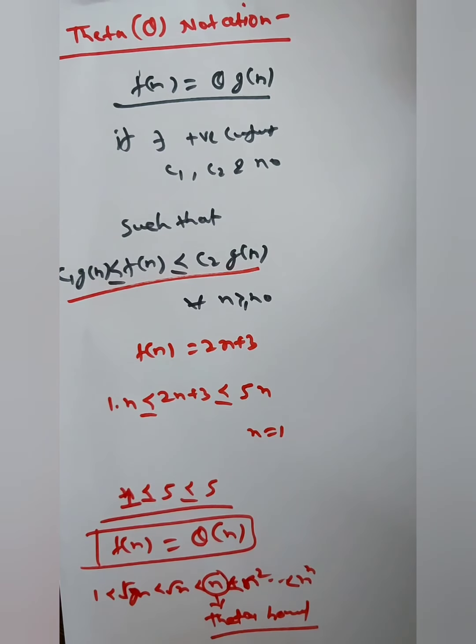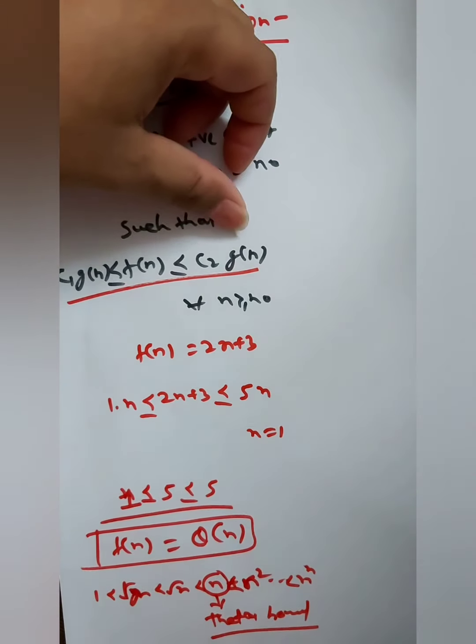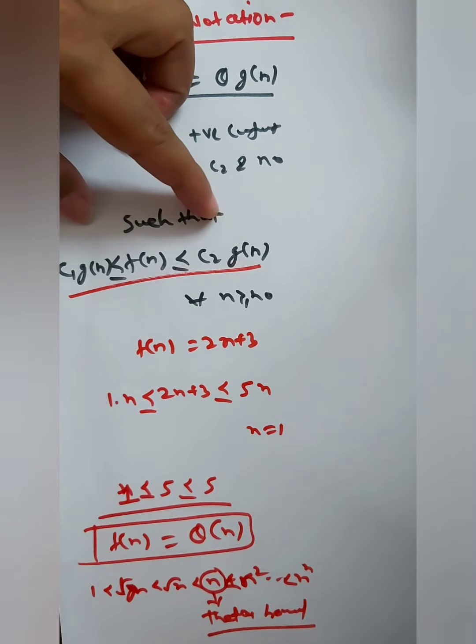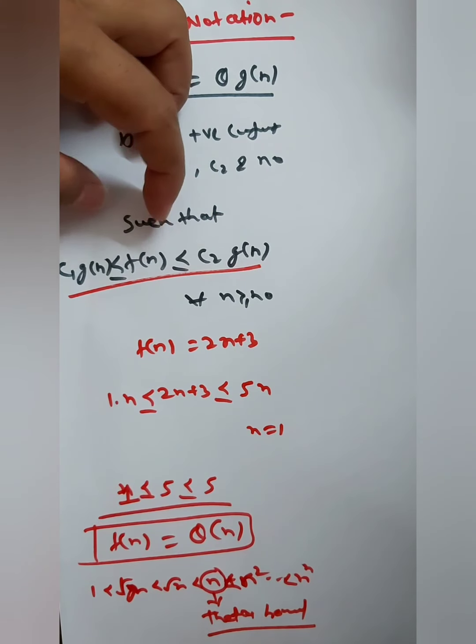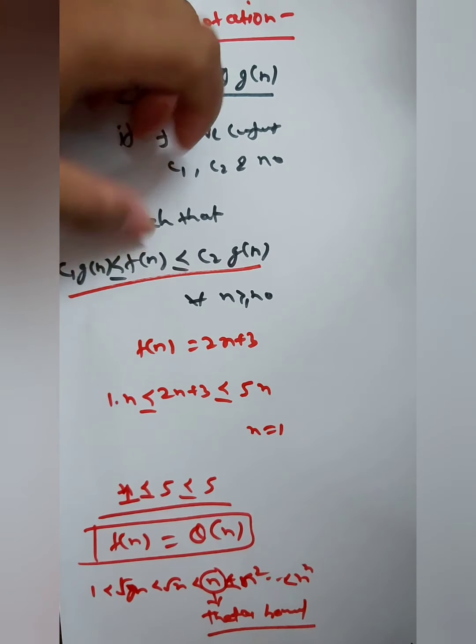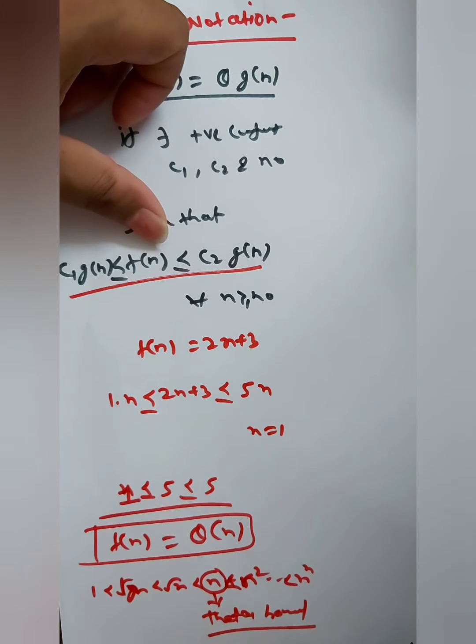So don't be confused. The three notations, big O, omega and theta, are different. How the value is assigned is a different technique, right? So the theta function is a tight bound function, meaning it is tight bound with c1 g(n) as the lower bound and c2 g(n) as the upper bound. Both of these bound the function f(n), and f(n) belongs to the theta function. So the lower and upper bound of f(n) is provided by the theta notation.